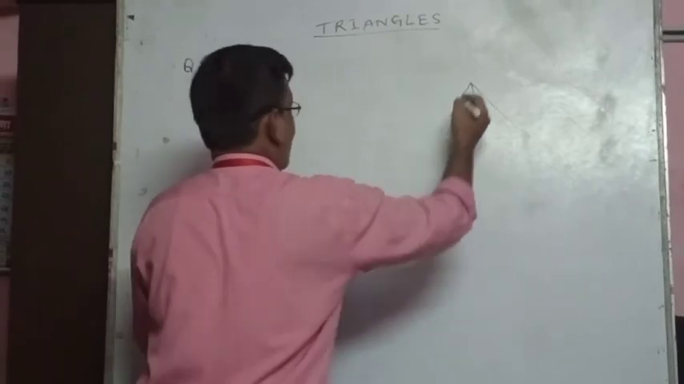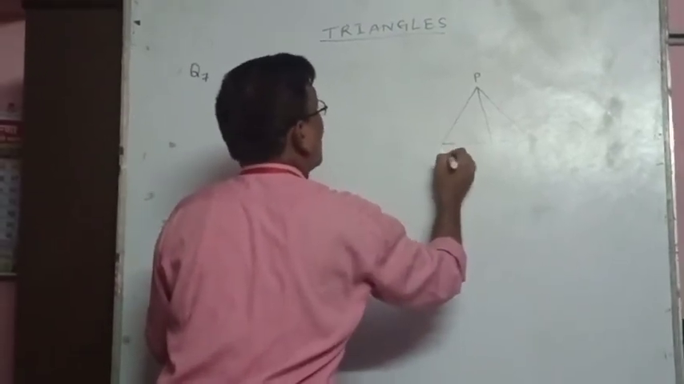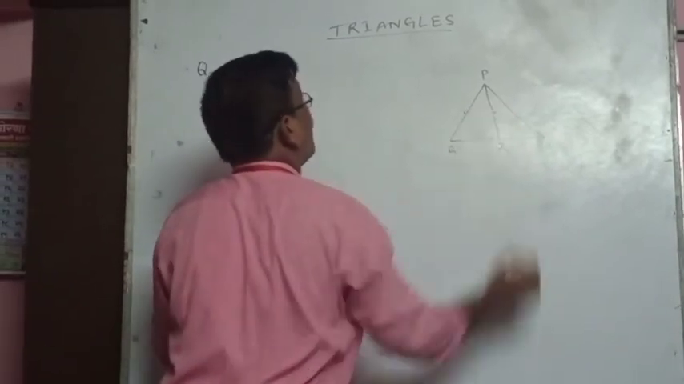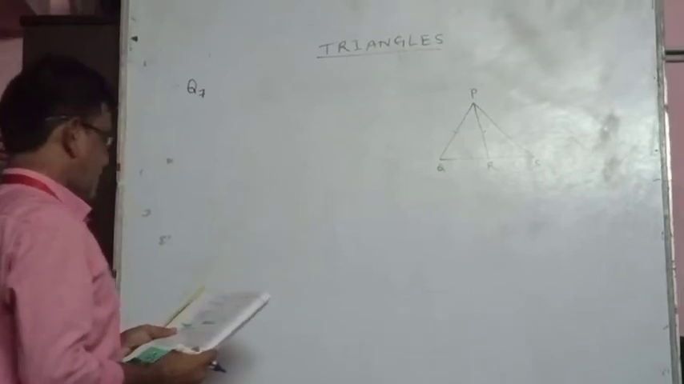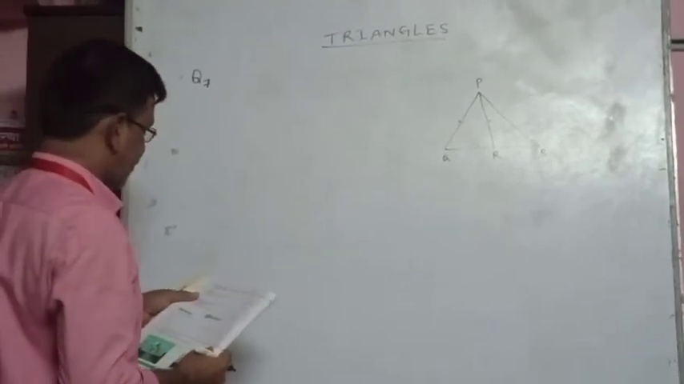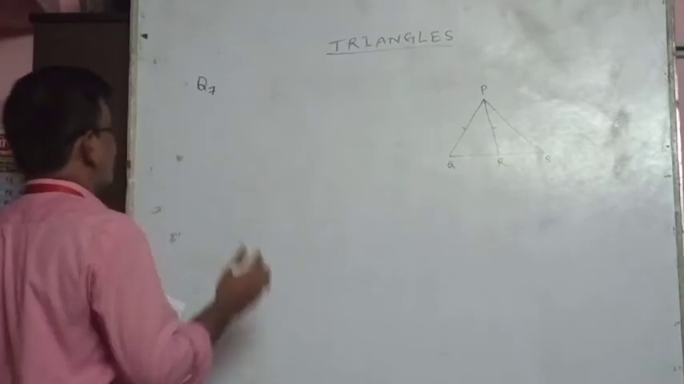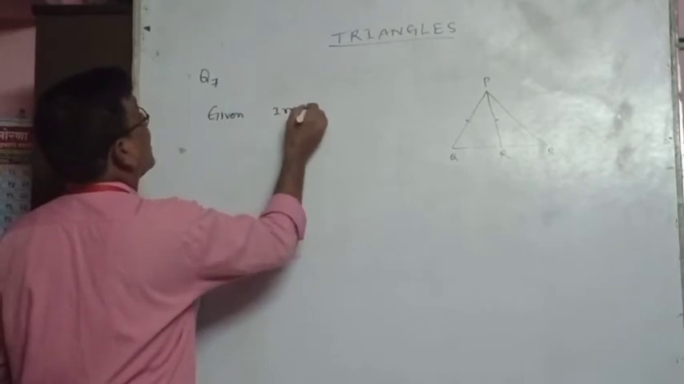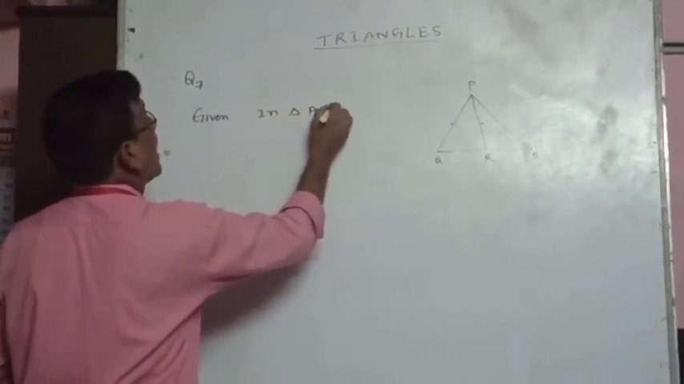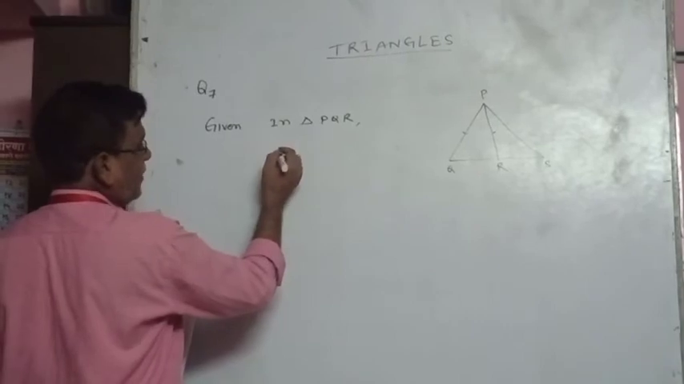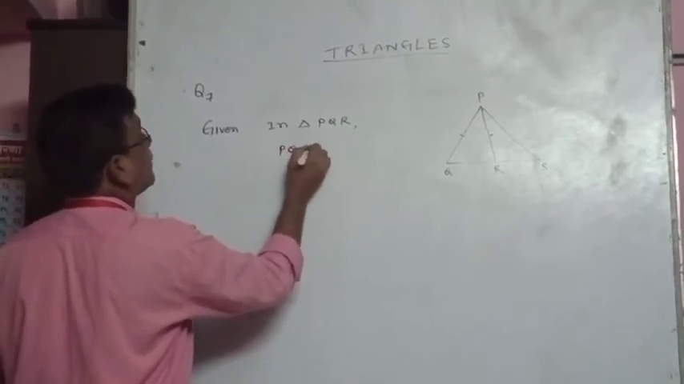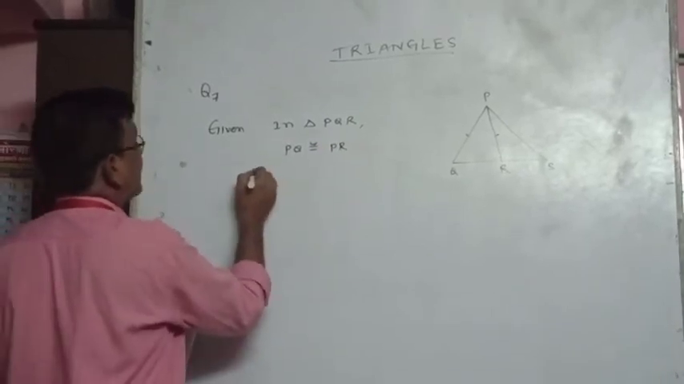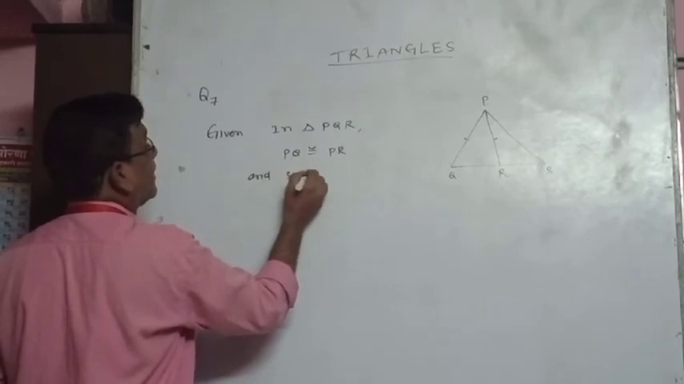So here P, Q, R, S and PQ is congruent to PR. It is given. So in the given figure, PR is congruent to segment PQ. So first you write down here the given: in triangle PQR, PQ is congruent to PR and S is the point